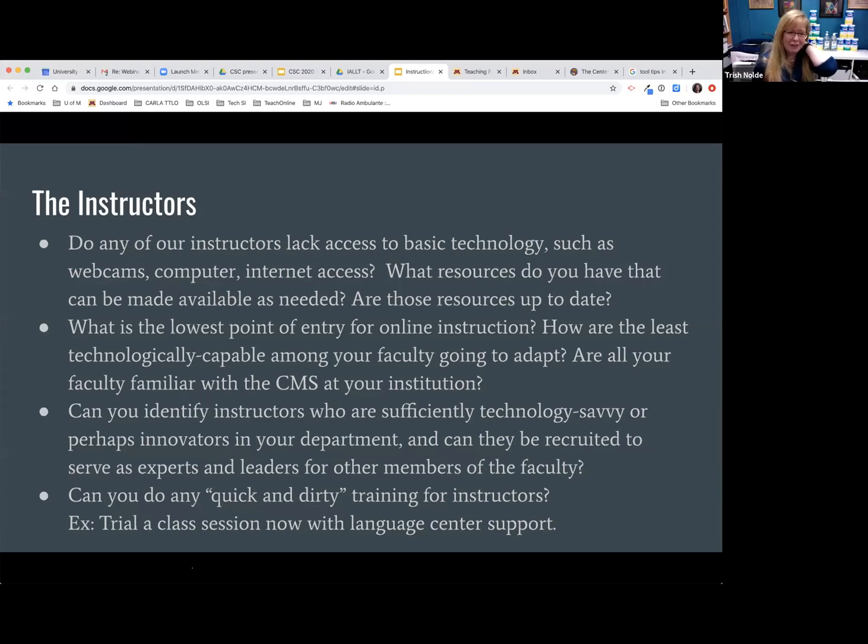So the next question about the lowest point of entry, this is something that we're dealing with, that I'm working with my faculty about. The lowest point of entry for online instruction or remote instruction is going to be making short videos and posting them on their course management system. Rather than trying to teach them how to be expert online instructors, the first thing I want them to be able to do is to go into, we use Kaltura, but you could use any video capture program,